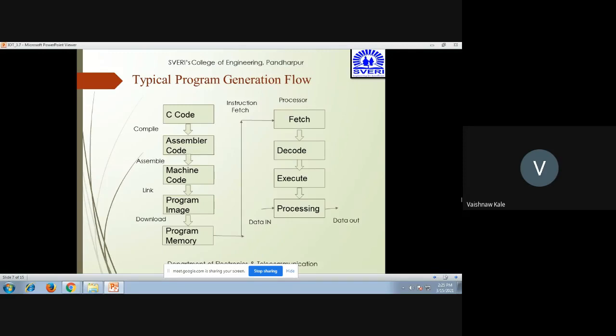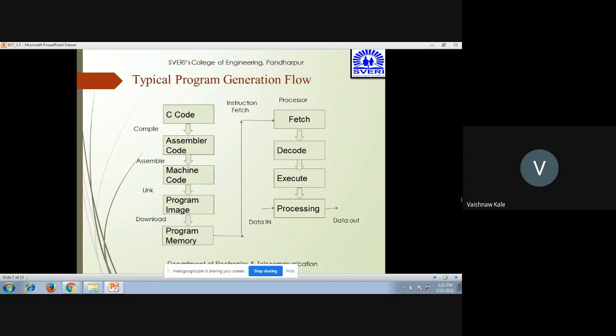Once again, I'll give you the detailed explanation. Once you write a C code, it is converted into assembler code by compiling it. From assembler code, it is converted to machine code. Then the machine code is linked into the program image, which can also be called an executable file.